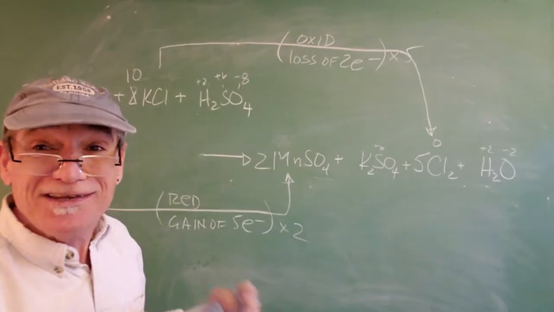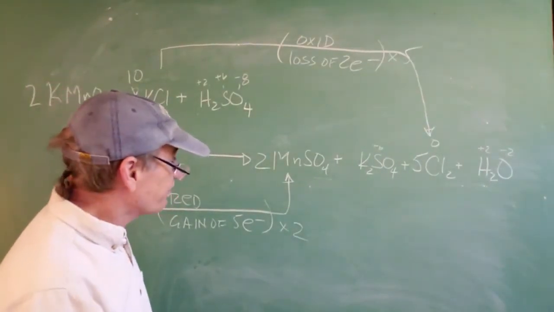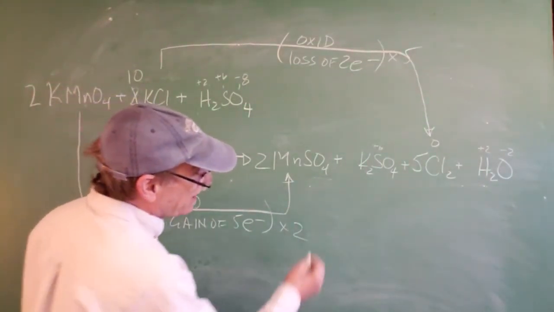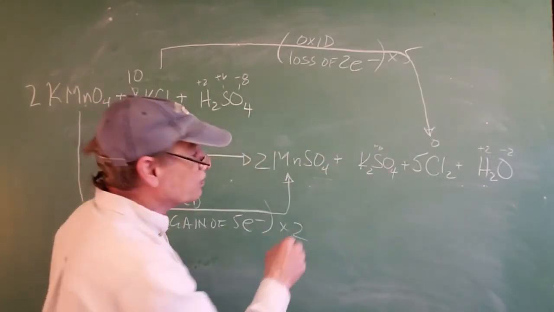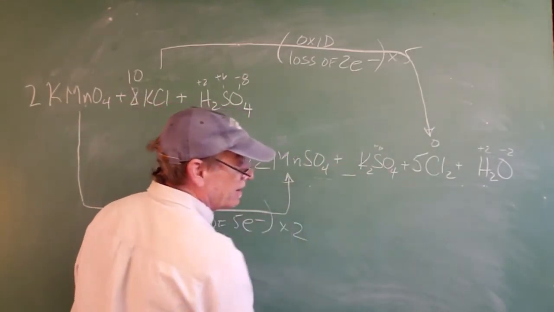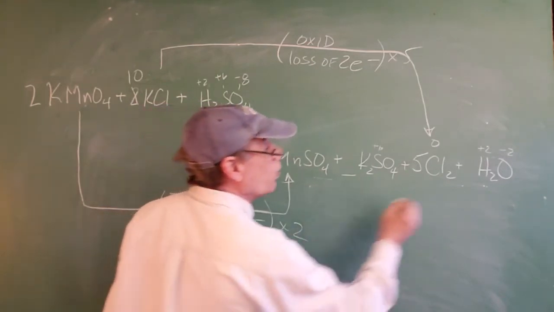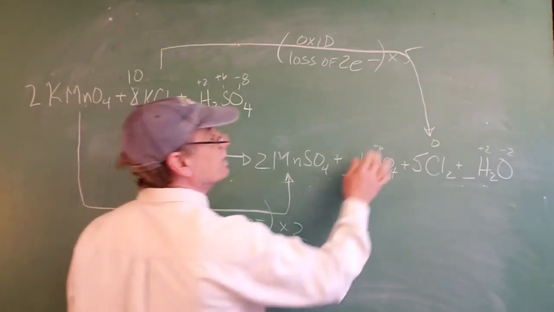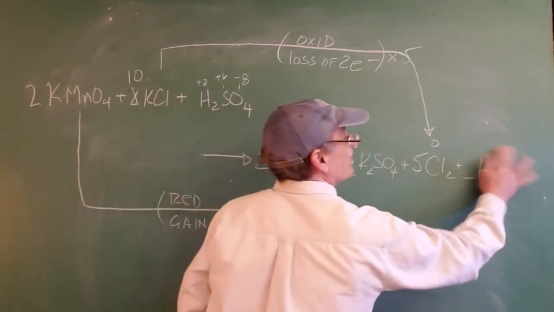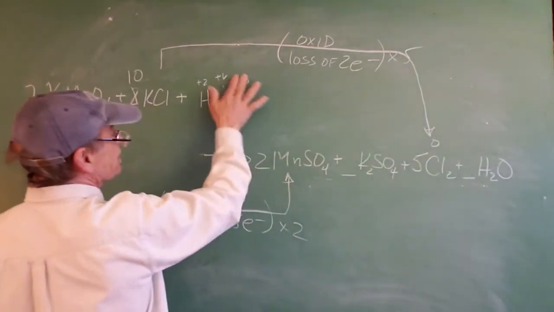All right, but we need to tie up a lot of loose ends here. You'll notice, though, that I've got a couple players that aren't in the redox part of the reaction. The potassium sulfate I can use to balance, and the waters I can use to balance, tie up, again, any loose ends. I'm getting rid of these numbers just because it neatens things up a little bit,